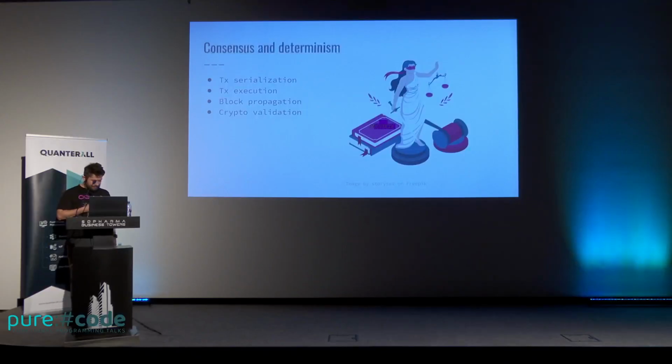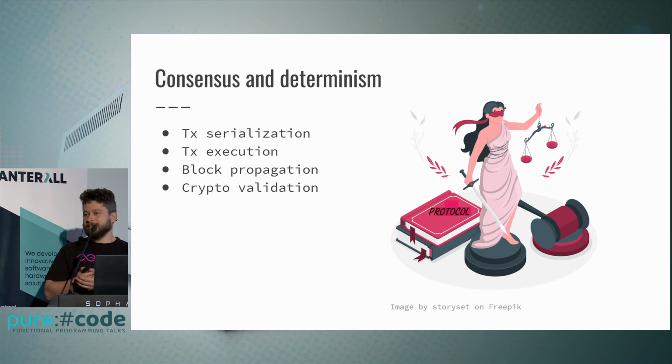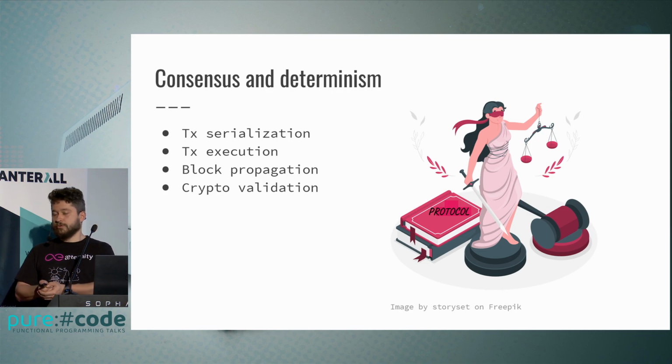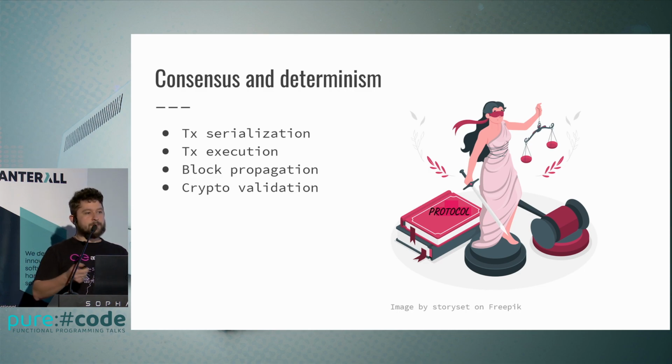Okay, so the blockchain has a, my Photoshop skills are mad. It has a set of rules. That's the protocol. Basically what is allowed on the blockchain and what is not. For example, if I have 3 coins, I cannot send 5 coins. I don't have that much. And the implementation is blind and simply applies those rules. It implements those rules, saying that yes, this is a valid transaction, or this is not a valid transaction, you cannot do that. And in order to do that, we need to be able to have full determinism and a